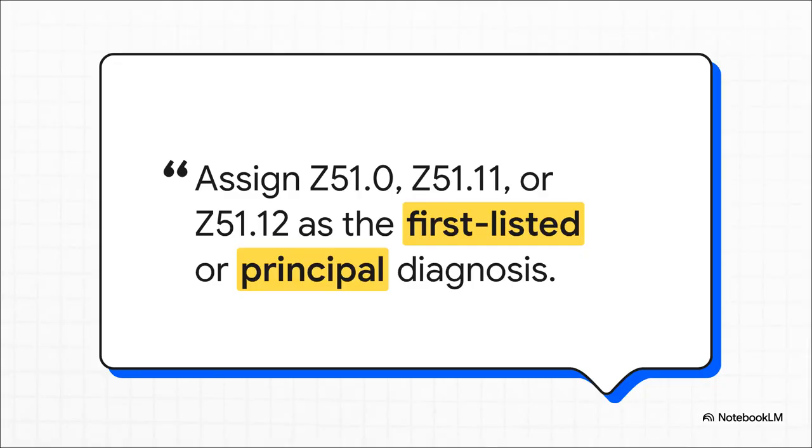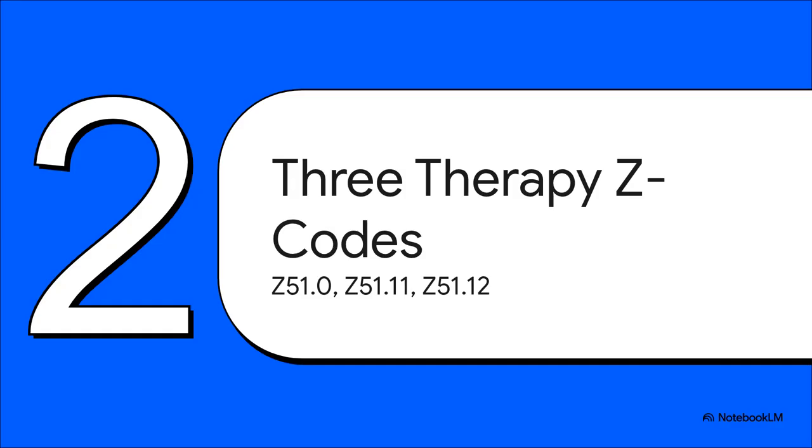Now, we aren't just making this up because it sounds good. This mandate is grounded in the ultimate authority, the CMS ICD-10-CM official guidelines for coding and reporting. Specifically, Section I.C.2.e.2 clearly states that you must assign the appropriate Z51 code as the first listed or principal diagnosis. And I really want to emphasize this. This rule strictly overrides any general coding habits you might have, any assumptions, or even older textbook examples. The official guidelines are the absolute law of the land here. Let's move on and see how this builds into Section 2,